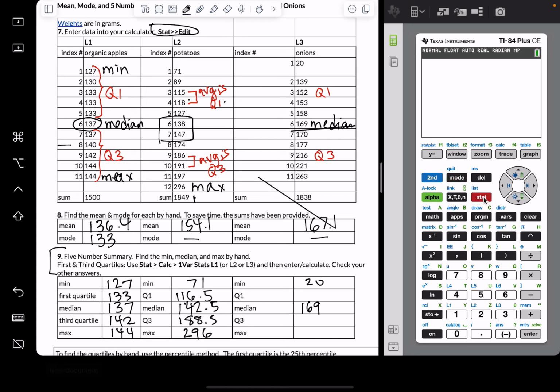So here I go, stat, arrow to the right for calc. Option 1 is one variable stats. The list I'm going to be working with is L1, and I don't worry about frequency list, and I just go down and hit enter. And this is going to show me